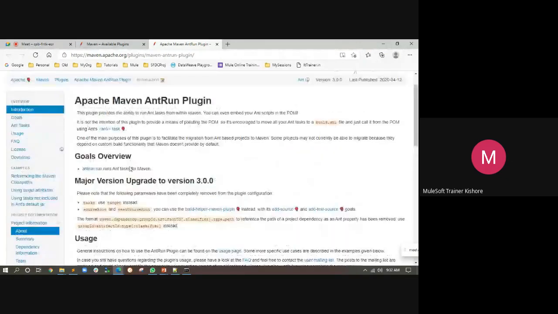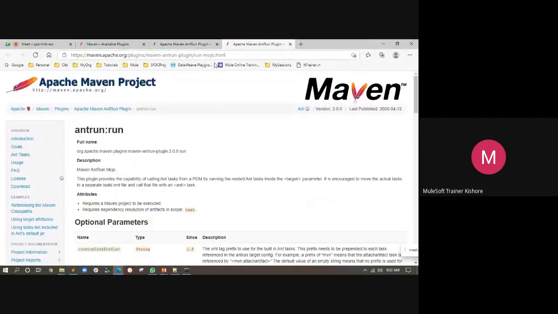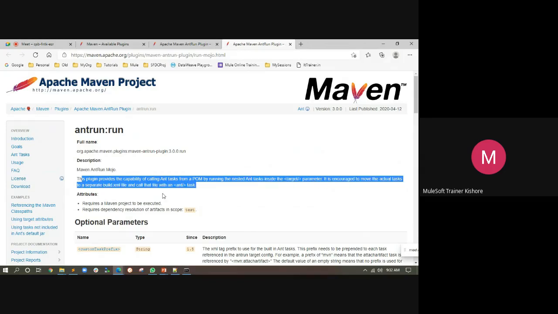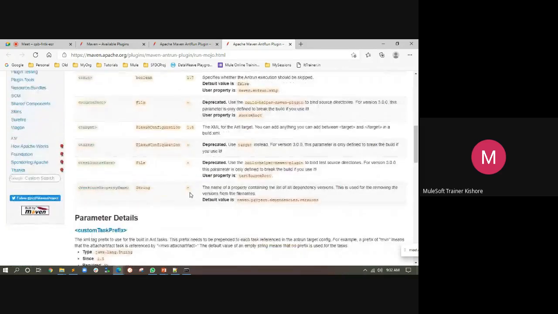Here there is only one goal, that is antrun:run. The plugin provides the capability of calling Ant tasks from the POM by running the nested Ant tasks included inside the target parameter. It is trying to run something with Ant.